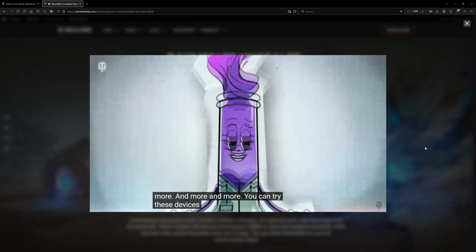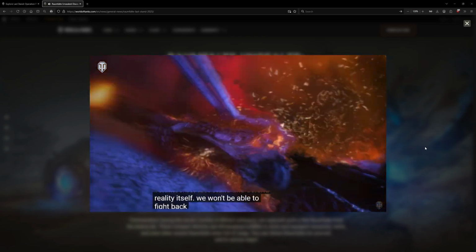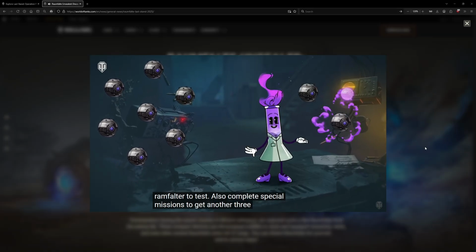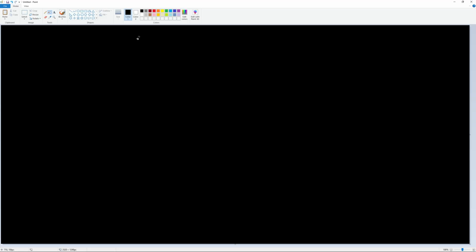You can try these devices right now. Sign up to volunteer for Last Stand and defend reality itself, and earn up to 7 Raumfalte to test. Also, complete special missions to get another 3 devices. You can earn 10 normal boxes for free. There's 3 different tiers. I'll explain it right now, but...